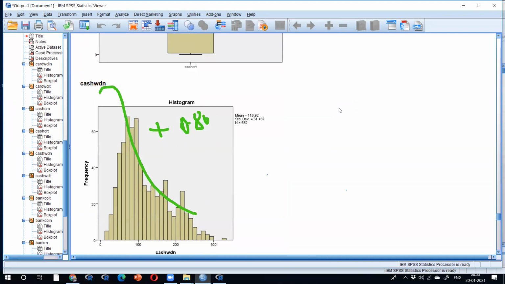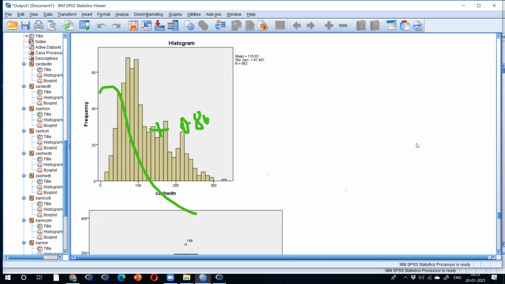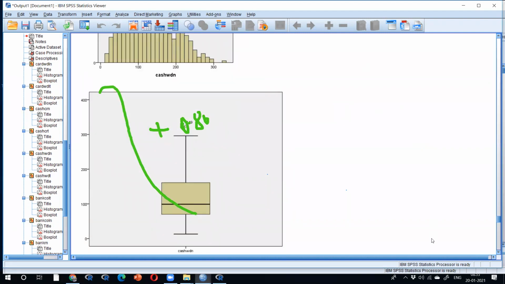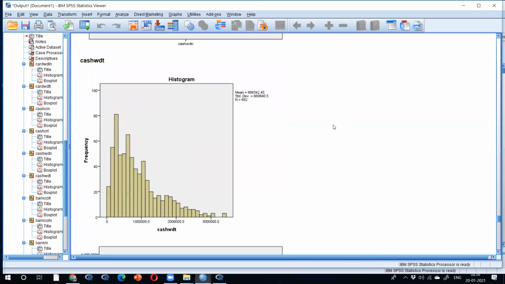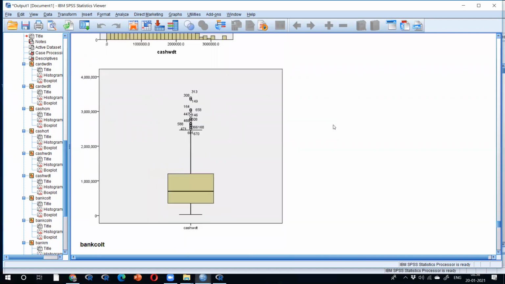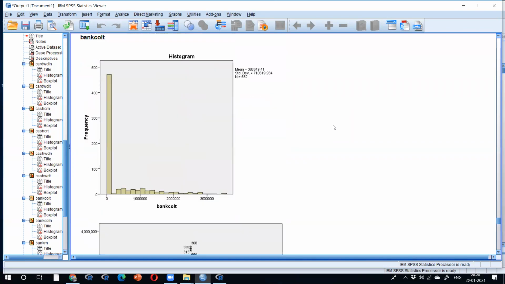Repair it. I don't want to show the next graph. This is good data or bad data? It's good. It's somewhat better compared to all. That's why no outliers, very few. Less outliers, because it's following almost a normal distribution. What about this? It's clearly skewed. Still, it's definitely very bad data.